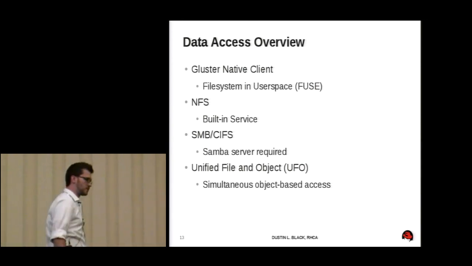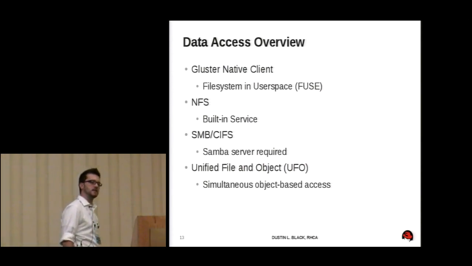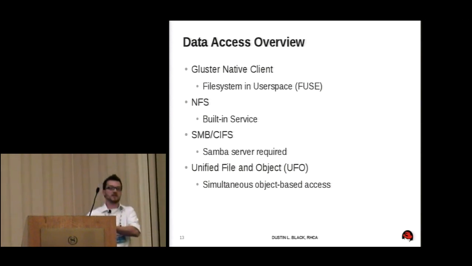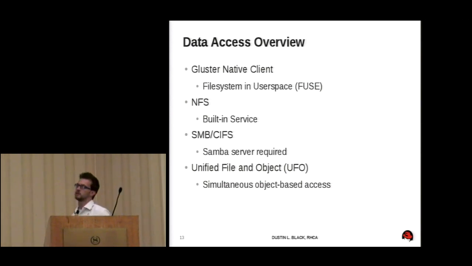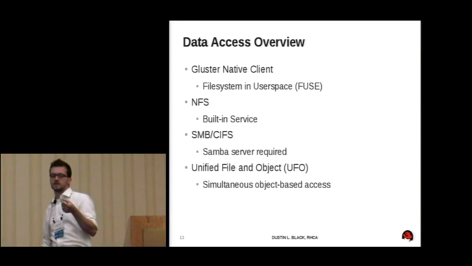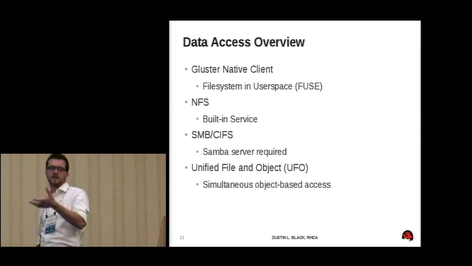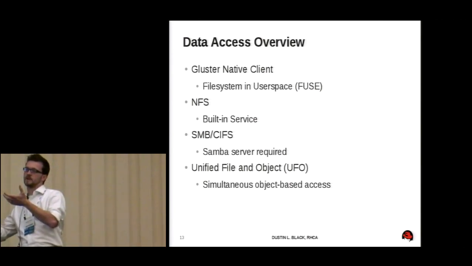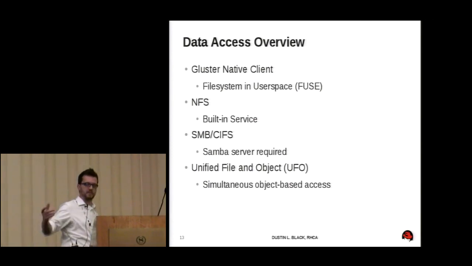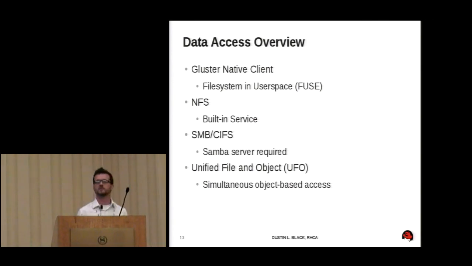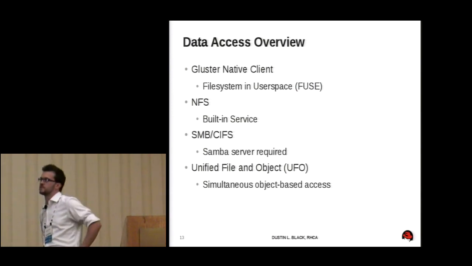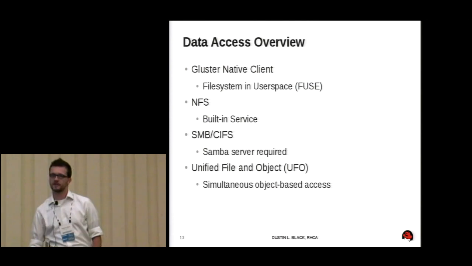So the file system and user space is the capability of doing file system functions, obviously in user space, not having to cross over into the kernel environment. This is built into Gluster. It's the native piece of it. It's what is most of the time going to be the preferred access method. We also have built-in NFS. This is NFS v3, as was mentioned earlier. This is built into Gluster, so the Gluster services are actually going to be running an NFS v3 server by default.